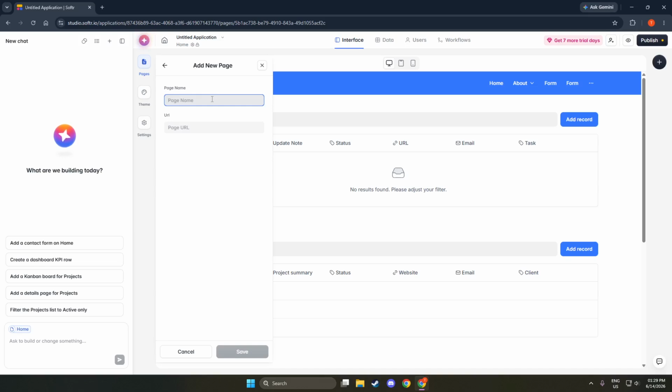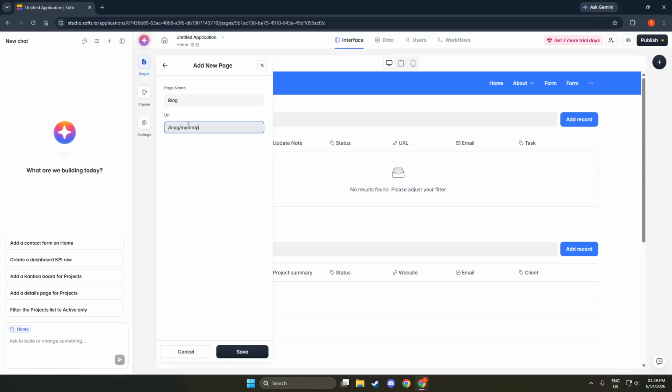After that, you'll want to click on the Add Page button. This is your gateway to creating something new. You're now at the point where you can give your blog page a name. It could be anything you like. For example, my first blog post. Naming your page thoughtfully helps with organization and SEO.